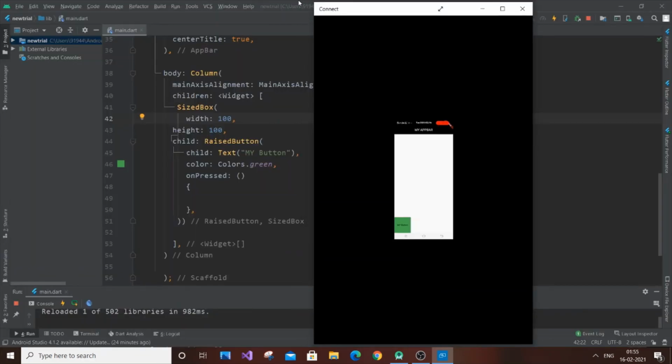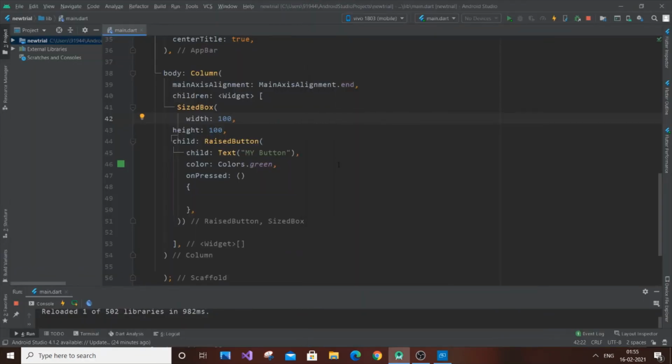So these are some of the basic properties I would say. Other than these properties, there is elevation, which is used to give a good appeal to your button, and there is also long press, hover, etc. There are also many. However, you can change the color even. Suppose if you hover, just place your finger touching your button. So there are many features, but as I told you, I'm just saying the basics. So these are also the basics. Suppose if you want, this can also be done in this way.